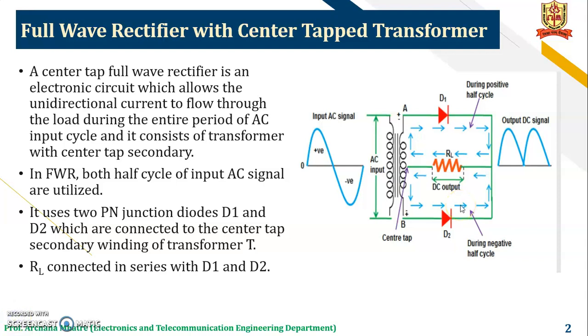Now here is the circuit diagram for the full wave rectifier. In this diagram you can see that two diodes are used, diode D1 and diode D2. A step down transformer is connected, and the secondary winding is connected to diode D1 as well as diode D2. It is a full wave rectifier, so it will conduct for the positive half cycle as well as the negative half cycle. That means diodes D1 and D2 conduct during the positive as well as negative half cycles. That's why it is called a full wave rectifier.